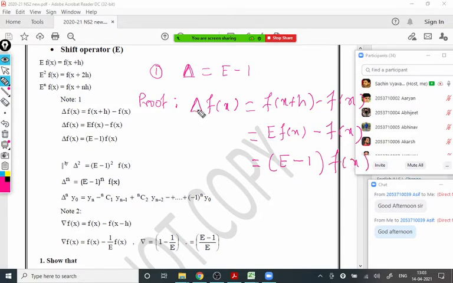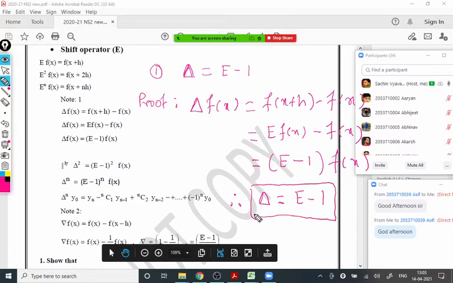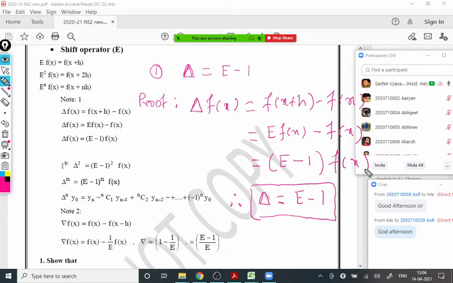So thus what we proved here, delta of fx is equal to e minus 1 of fx for any fx, because we are not writing any condition on that function fx. So this is any function fx. Therefore delta must be equal to e minus 1, and that is the end of the proof. The proof is very simple. We started with the delta fx definition and we came across delta fx is the same as e minus 1 of fx. So whatever result we get from delta on fx, the same result we get by operating e minus 1 on fx. So these operators should be the same. So delta should be the same as e minus 1. That is the end of the proof, and this proof can be asked for 2 marks.